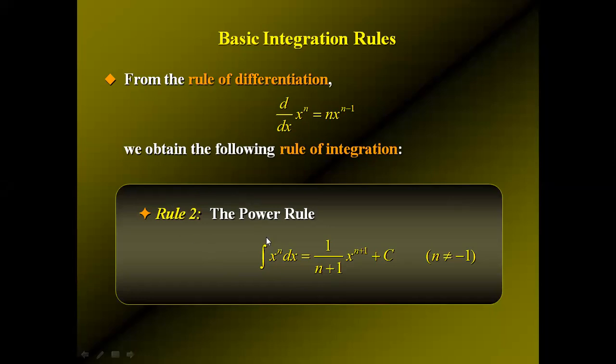So this is the power rule for integration, a very important rule. Integration of x to the power n dx will be x to the power n plus 1 divided by n plus 1, plus c. This is the integral constant, and remember that n can never be minus 1. If n equals minus 1, then the denominator will be 0, which will be an undefined integration. So if n is not equal to minus 1, then you can apply this power rule for every real number n.